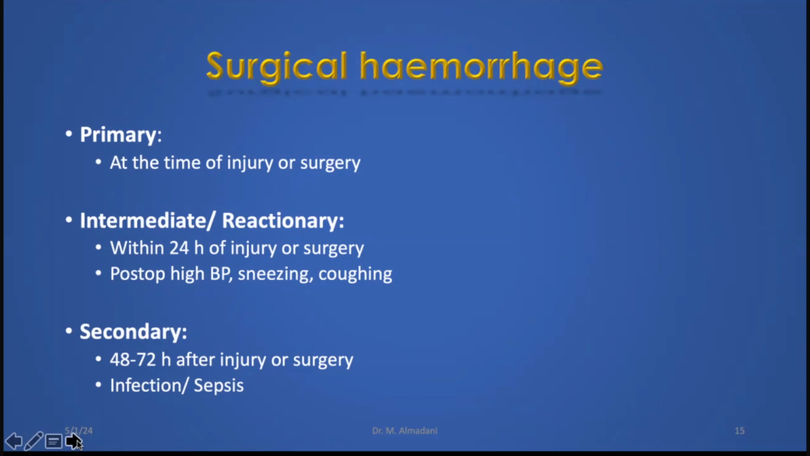But suppose that the patient gets rebleeding or bleeding 3 days or 4 days after the surgery, and usually this is due to infection. What do you label this as? Secondary. So we have primary, as long as the patient is in the operating room. We have intermediate, once the patient gets out from the